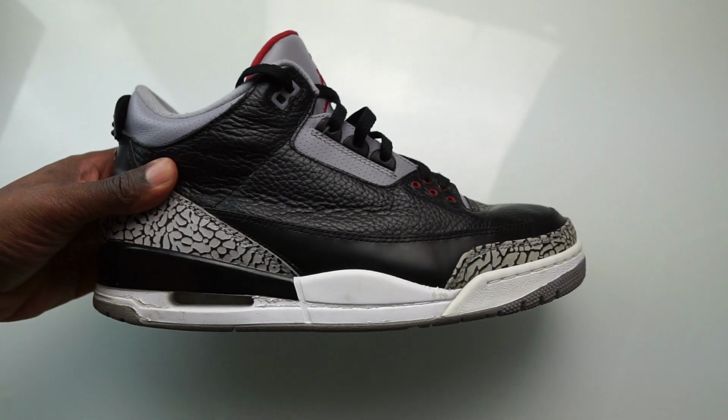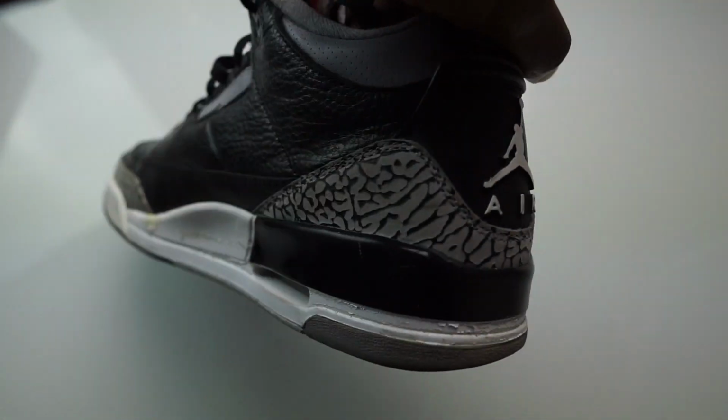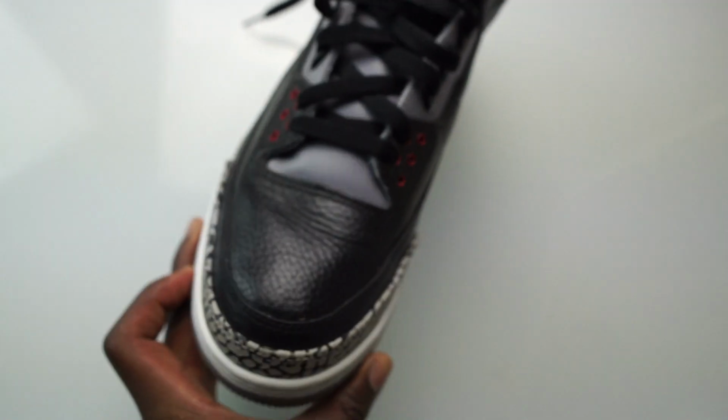They did have some little normal signs of wear and tear. They were actually a lot cleaner when I picked them up. Since I've got them, I've just been wearing them a lot. So these were just a quick example of some of the steals that you guys can get. Just to let you guys know, like I said, I don't ever try to